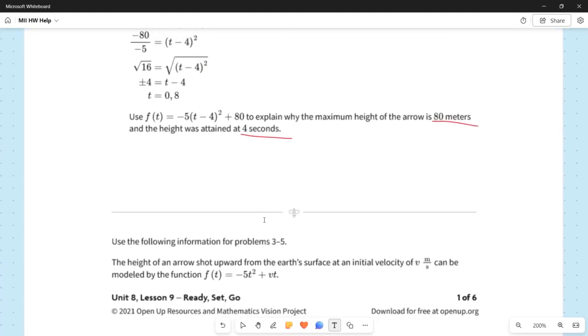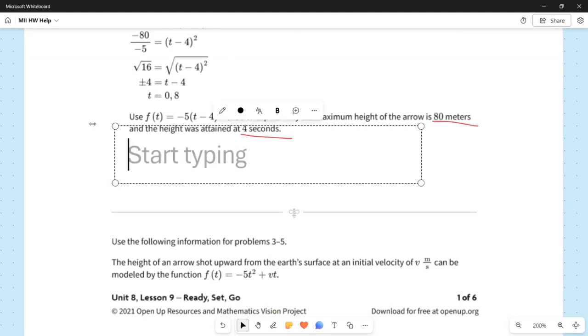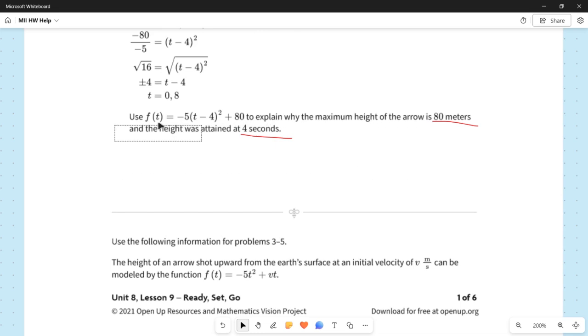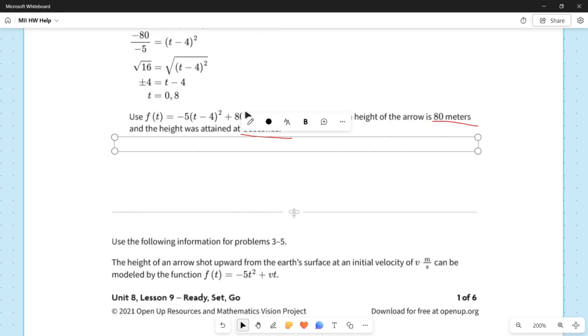So we can go ahead and, I think, type this. As I'm setting up the box here, what we're looking for is an explanation as to why this all makes sense. So in f of t,